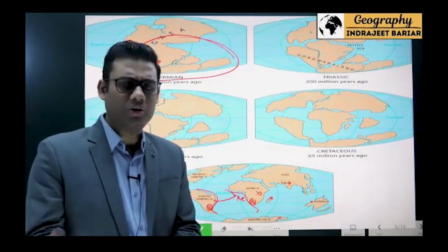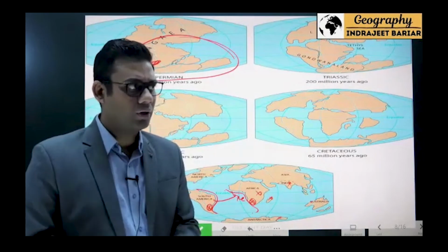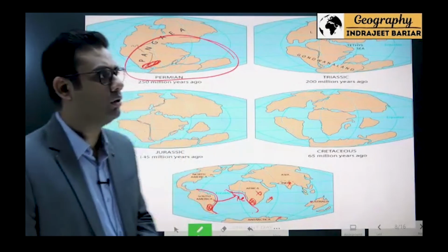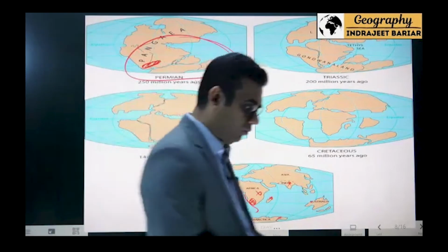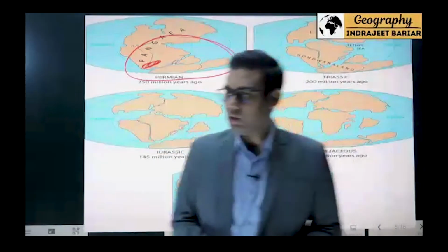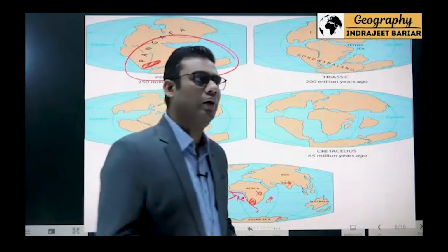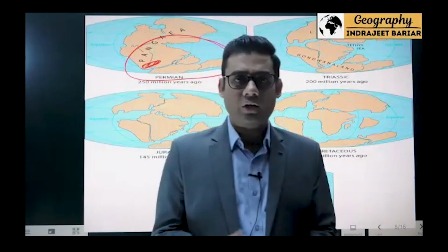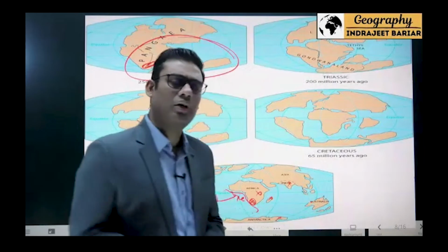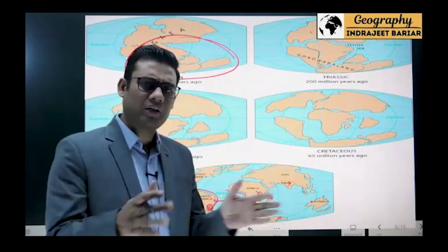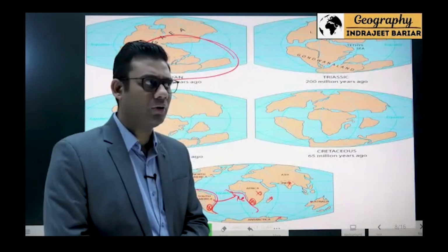So the probable questions I have already told you from this. What can be asked over here? Once the continental drift theory came out in 1912, in the 1920s when it was translated into English, it was criticized and discarded. This is the whole life cycle of the continental drift theory.